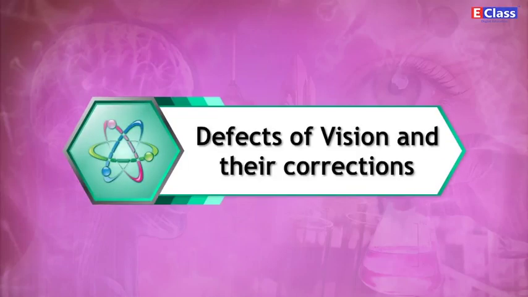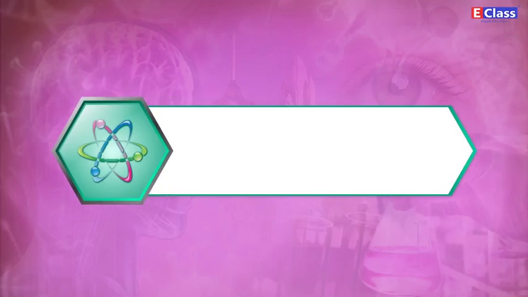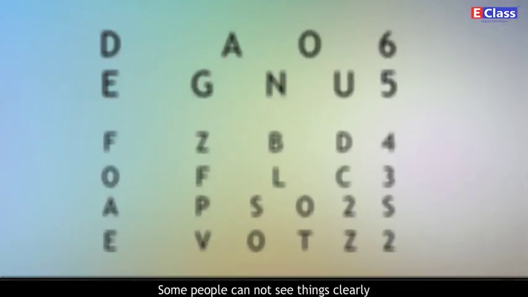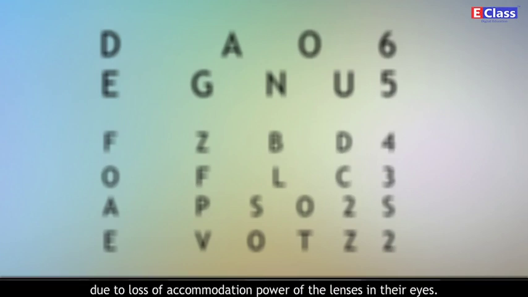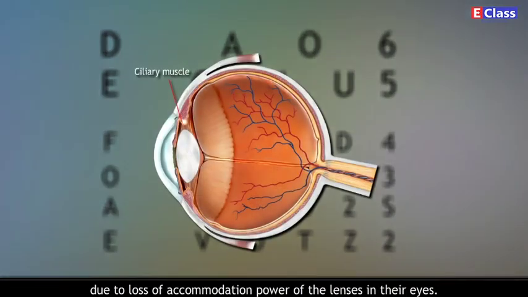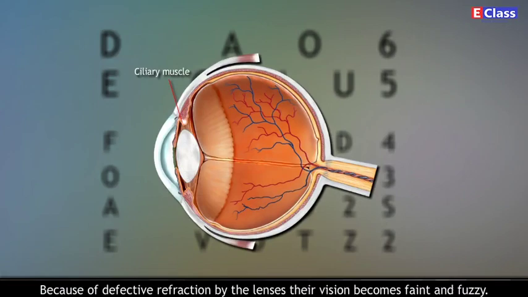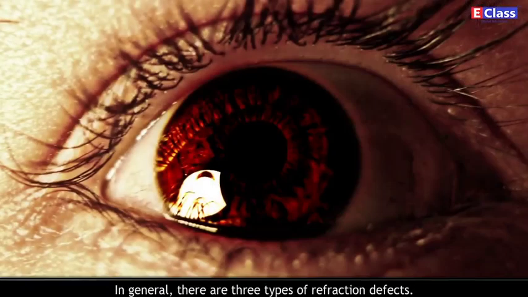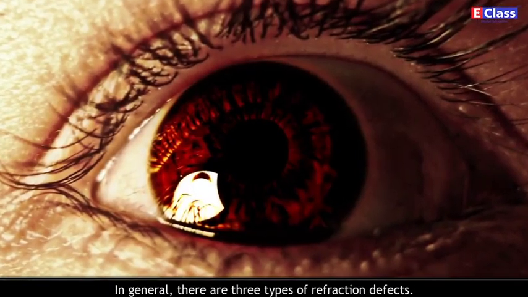Defects of vision and their corrections. Some people cannot see things clearly due to loss of accommodation power of the lenses in their eyes. Because of defective refraction by the lenses, their vision becomes faint and fuzzy. In general, there are 3 types of refraction defects: